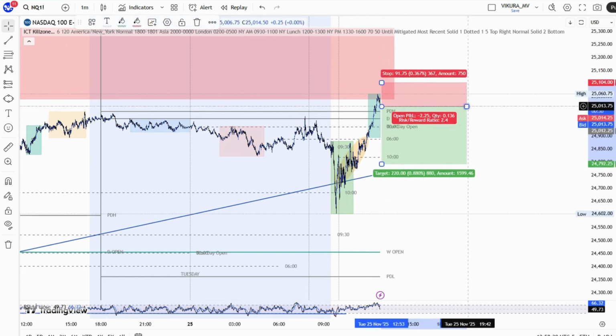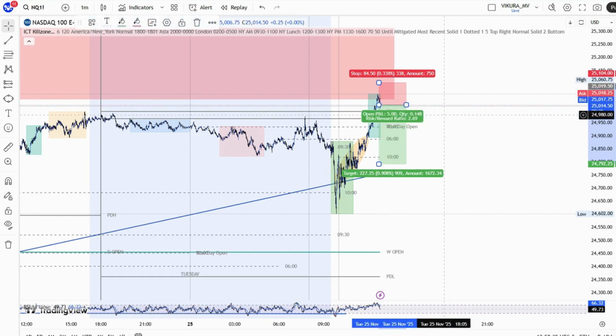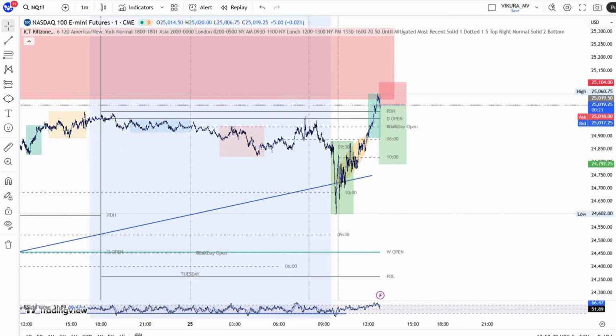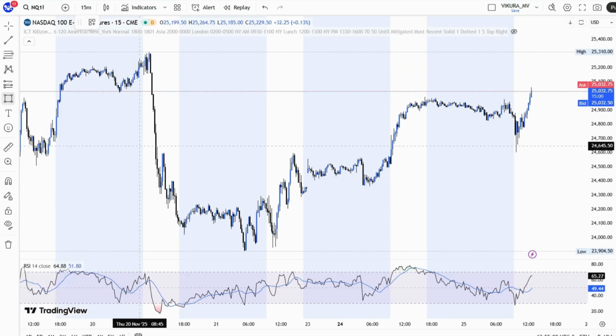All right, we're going to be talking about the concept of power of three. Okay, and what this is basically, is an understanding of how the market... Okay, and